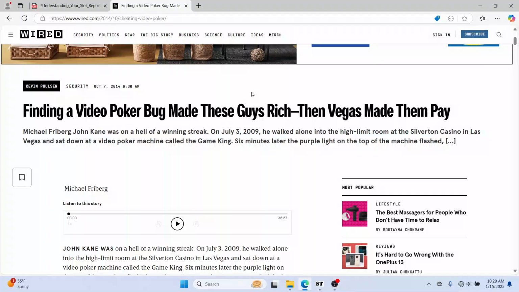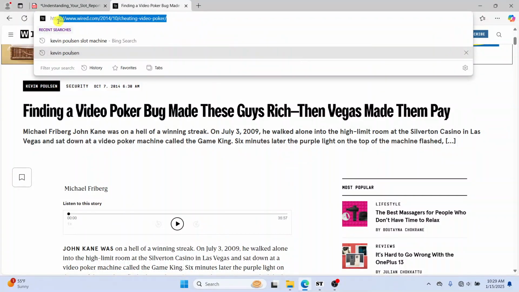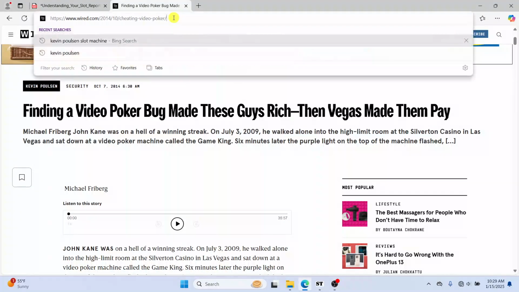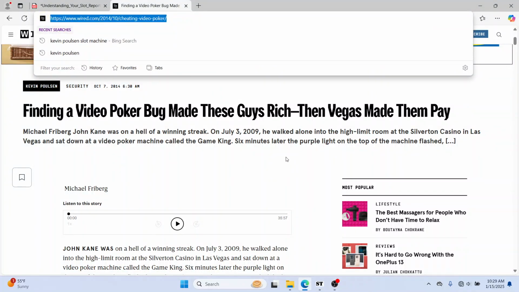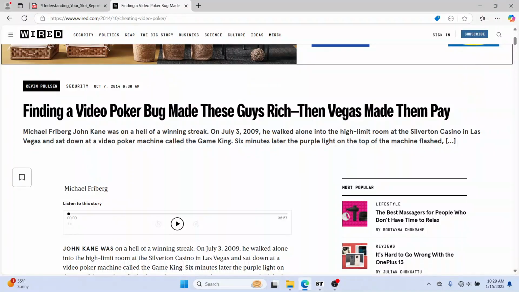So there's an article that Kevin Poulsen wrote a while back about bugs and glitches in slot machines, for historical reference. You can visit that link here. This link is active. There's a few other links that are no longer active, but I believe Wired.com archived it to this. So Kevin wrote an article